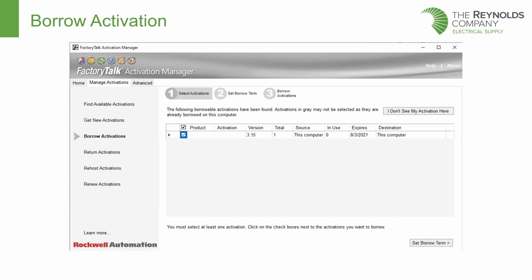And so in this, you put in your serial number and product key, and you'll have that under the available activations. And with that, you'll see in the borrow activations that you can borrow those particular loaded licenses that you have already put in by the get new activation screen. And so once you have that, you just check the box. In this case, I only have one activation on this computer, but if I had a whole lot of them loaded and I was using them